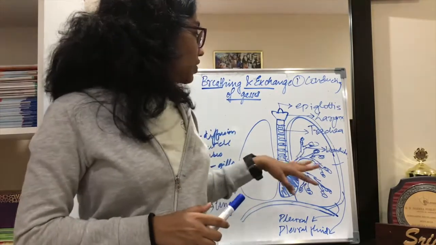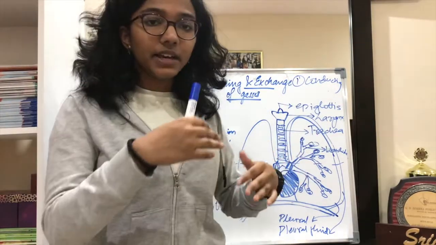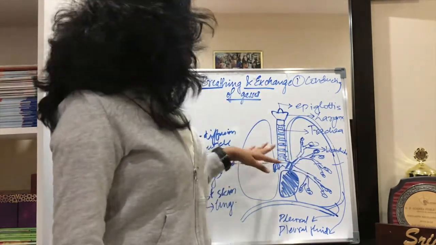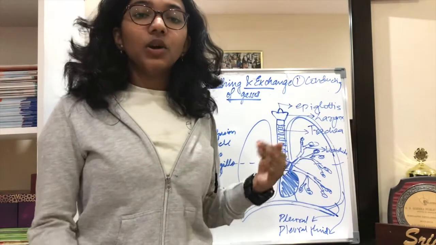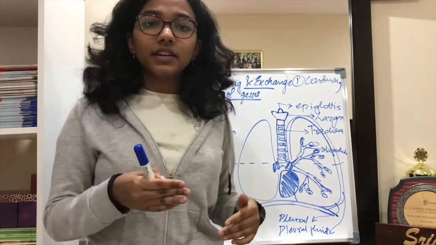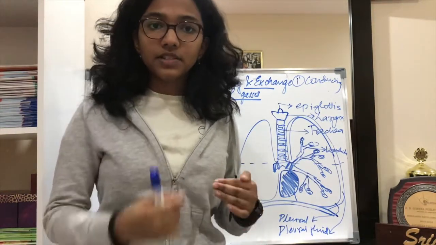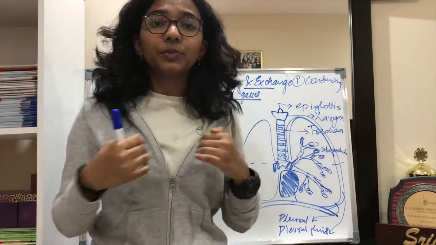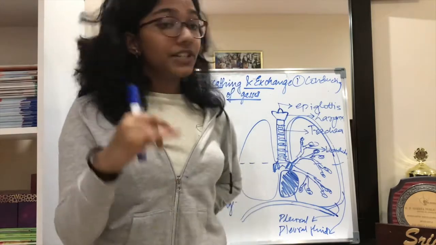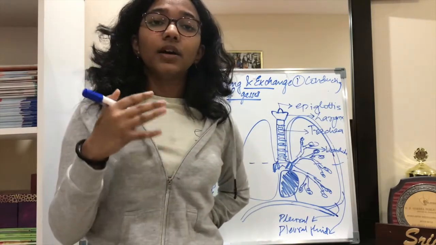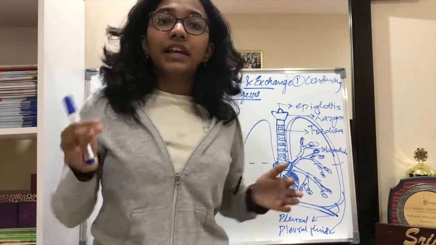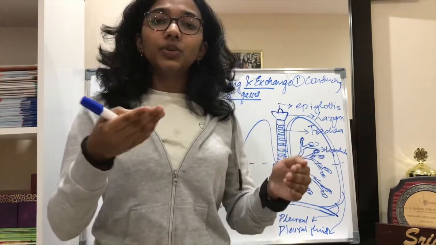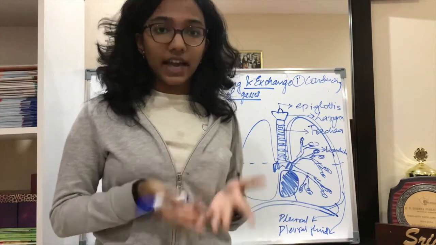Now we'll talk about the entire structure of lungs, matlab how is it surrounded. So you know it's surrounded by the pleural membrane. Now lungs के आगे की तरफ you have a protective cover of the sternum. Sternum is the middle part of the rib cage through to which most of the ribs are attached to. And पीछे की तरफ, that is dorsally, it is guarded by the vertebral column. Laterally मतलब side की तरफ, it's guarded by the rib cage, and towards the bottom it has the diaphragm.